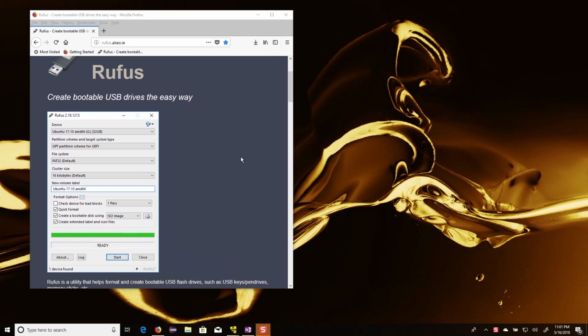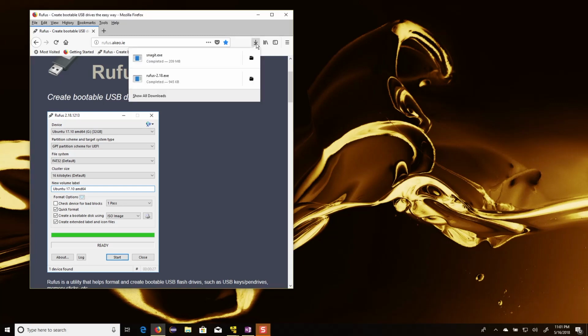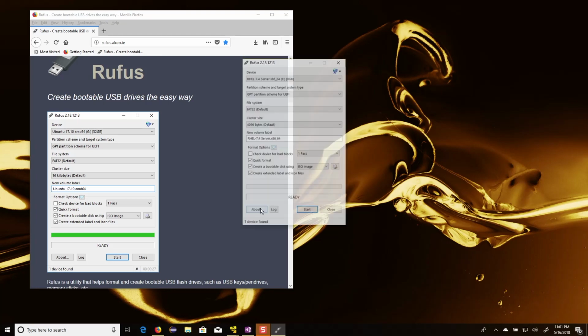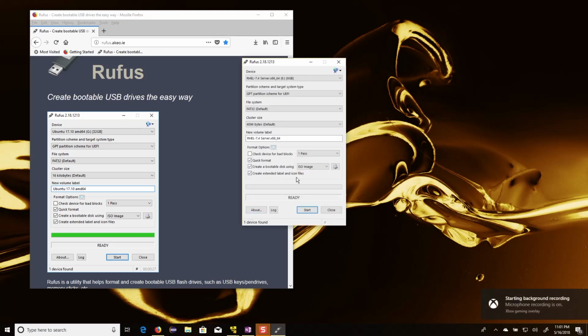So for Windows, one of the utilities that can do that is called Rufus. It's open source, and so we can download that. I've actually already done that, so I've got it right here in my download folder. It's totally self-contained, so you don't have to install it. You just click yes when you want to run it, and then I've already got my